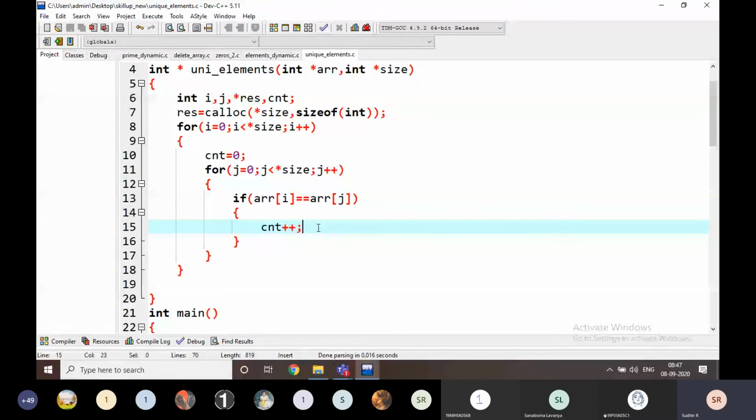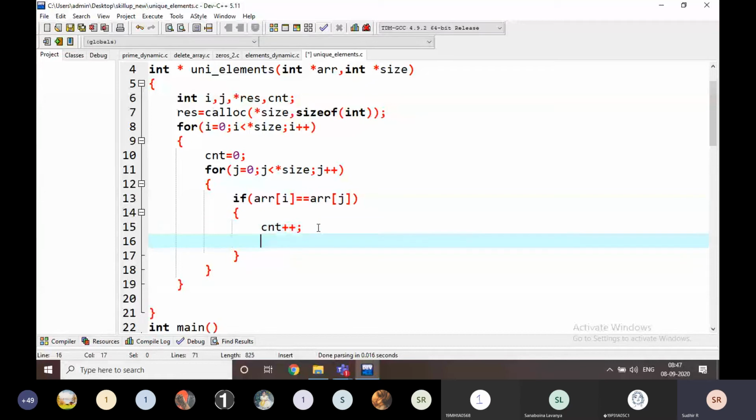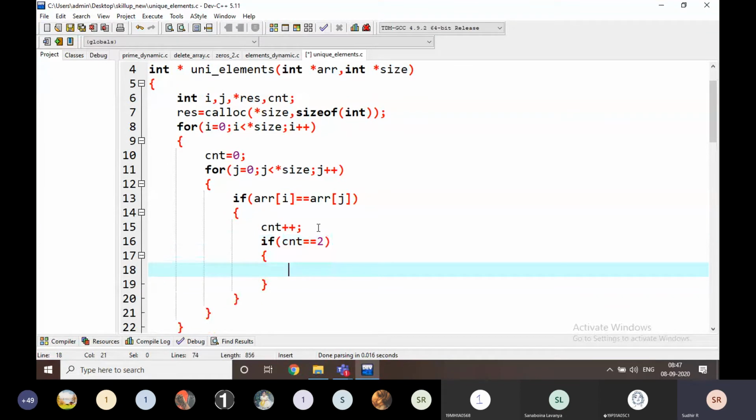For the first time, it is going to be checking with that number only, right? For the first time I am going to write here, if count is equal to 2, that means it is more than 2 times, right? Then I am going to break it. There is no need to check whether it is the third time or the fourth time. There is no need to check for the number of times. If the count is 2, I have to break it. That's it.